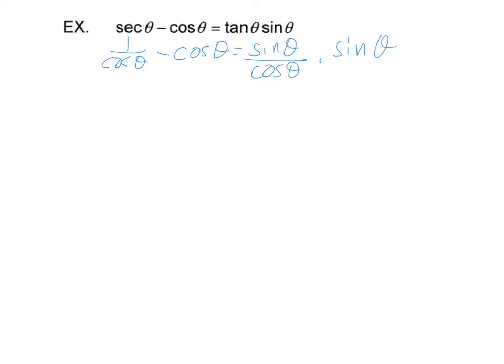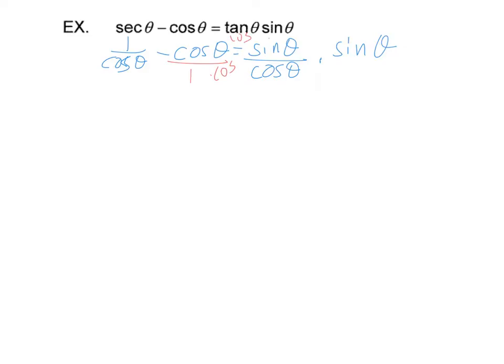Now, one of the strategies is to combine fractions. On the left side, we are subtracting fractions. And when you subtract fractions, you need a common denominator. So I have a denominator of cosine and a denominator of 1. The common denominator would be cosine. So if I put a cosine on the bottom of that second fraction, I have to also put a cosine